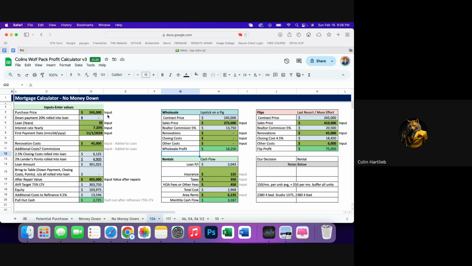Welcome, friends. This is the profit calculator, and this is the tab that gives you the no money down profit calculator to find out how much cash you're going to need, how much profit you're going to make as a rental, how much profit you'd make as a wholesale, and how much profit you'd make as a flip. So for this example in particular,